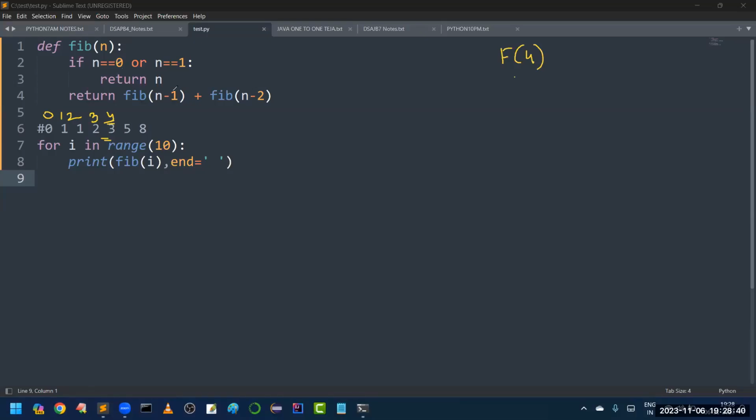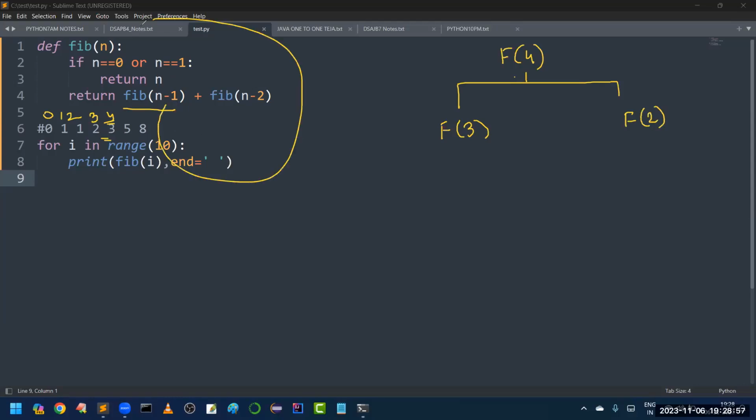Is n equal to 1? No. Then what will happen? Its result is calculated by dividing into two parts. What is the first part? FIB of n minus 1. So 4 minus 1 means 3. Again FIB of n minus 2. 4 minus 2 means 2. Since again it will call recursion,